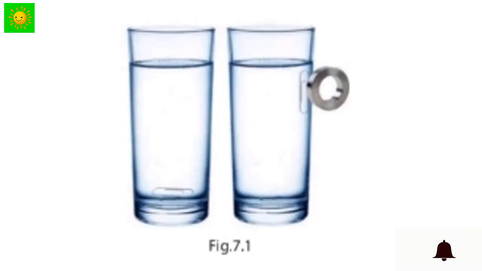A fire clip has fallen into a glass of water. Can you suggest a way to get it out without either spilling the water or putting your hand into it? As shown in this figure, you can get it with the use of a magnet. It is possible because magnets have the special property of attracting things towards their direction.